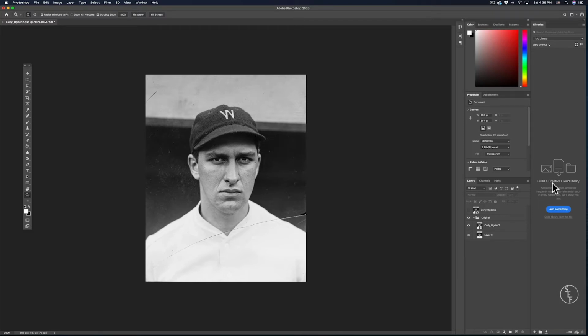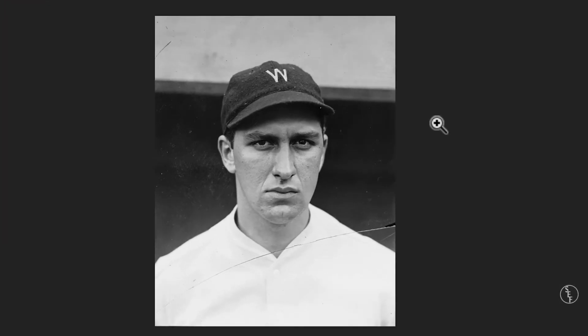Okay, let's get into how we can remove scratches on images in Photoshop. So I have an image here of an old baseball player. His name is Curly Ogden, by the way. He played for the Washington Senators during the mid-1920s, but that's not what I wanted to talk to you about today. I wanted to talk about how we can remove all of these scratches and dust from this photo,